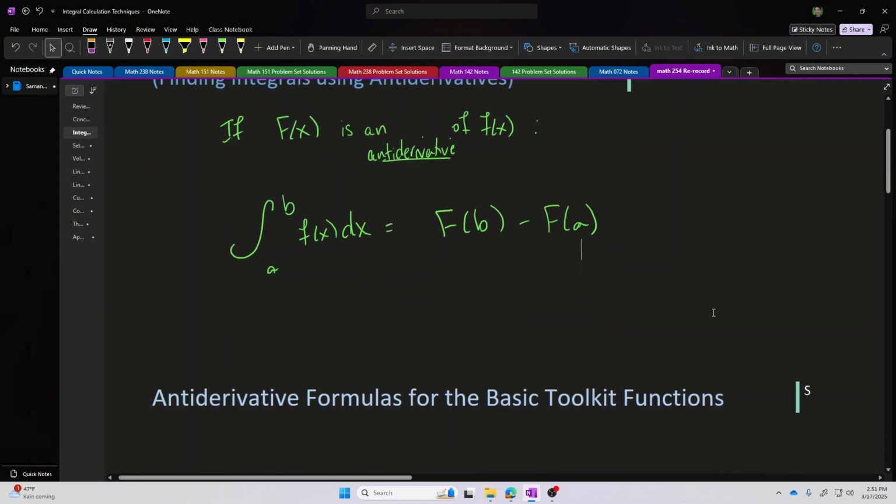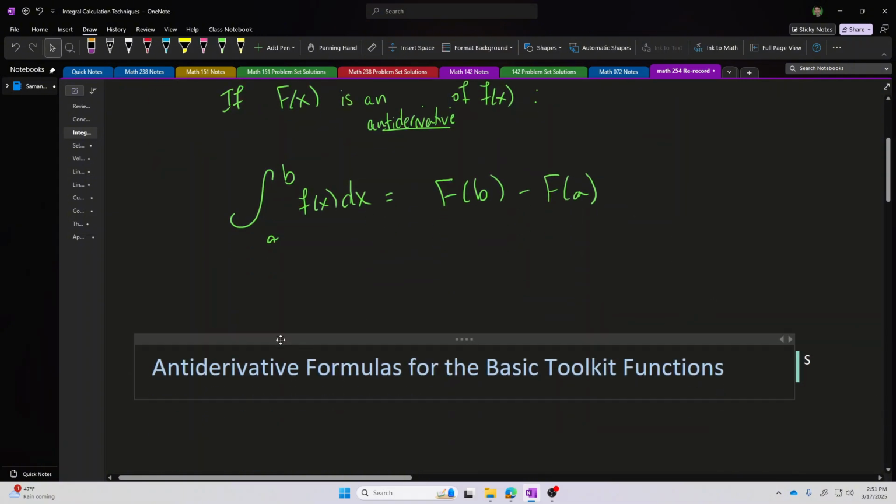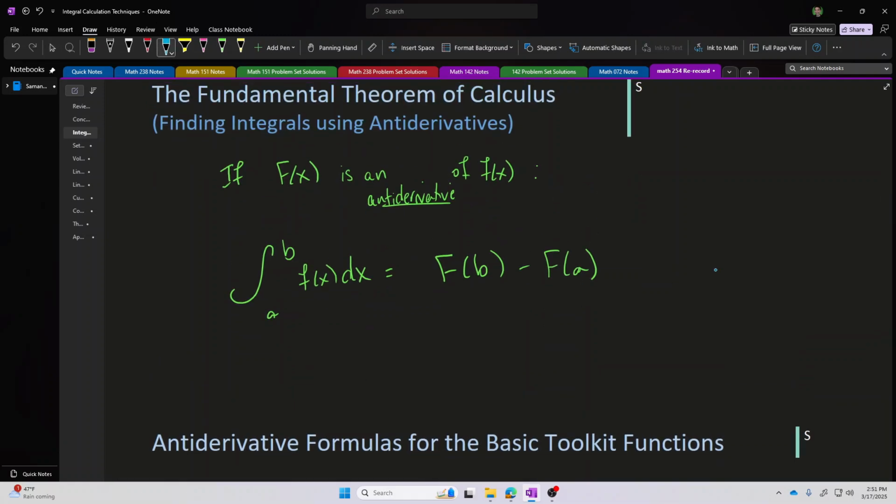So this can give us a very, very efficient way to calculate integrals, but generally speaking, the most challenging part of using this theorem is finding this function capital F, which is the antiderivative of lowercase f. And there were all kinds of different formulas and techniques and tricks that you learned in Calculus 2 to find this particular function. But even with all of those techniques and tricks, there are still many, many functions for which an antiderivative cannot be found, or an antiderivative is simply very hard to find, in which case a Riemann sum estimate is generally better.